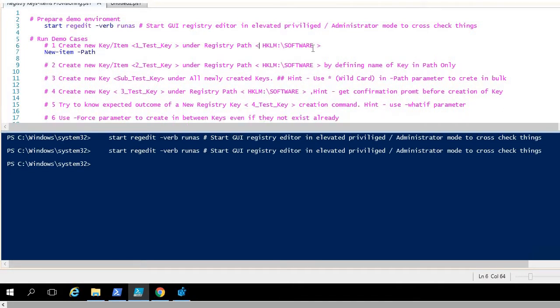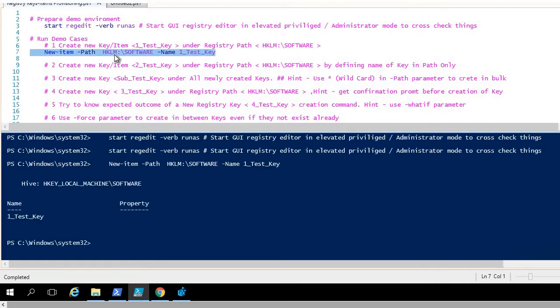Let me copy the path from here. And the name of this is 1_test_key. Let me run this selection and as you can see our key is created.